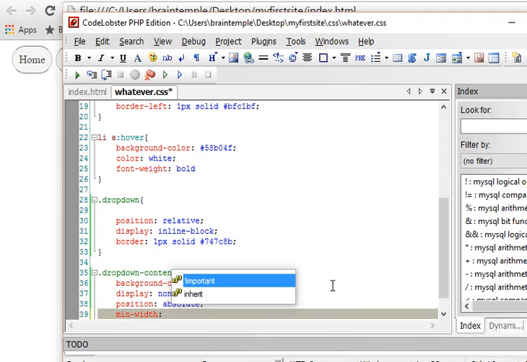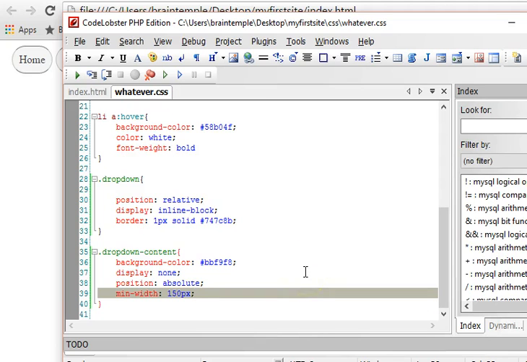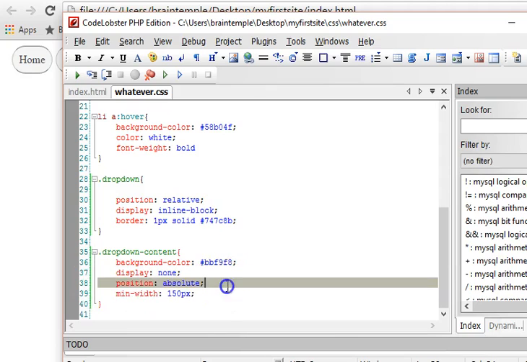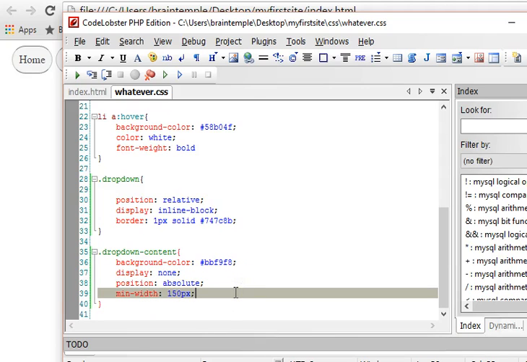So we'll give it a width. What's the minimum width it can be? Let's just say 150 pixels, so that it doesn't become empty. If you don't give it a minimum width and there is nothing inside, it may reduce to the point that it becomes a single dot or a single line. So even if it's empty, it should still be visible and a certain width. That's why we are adding a width,